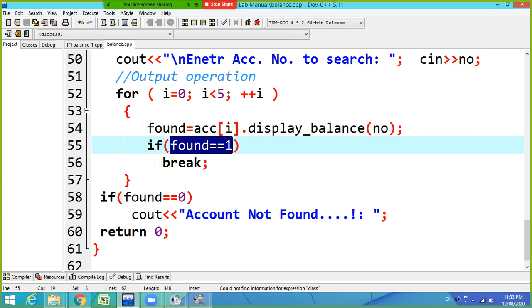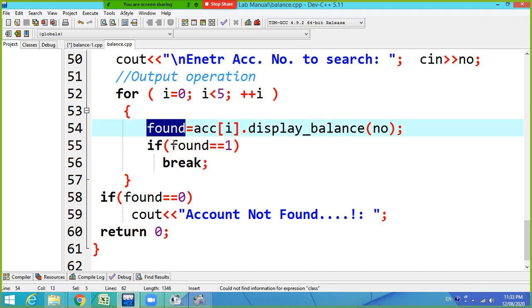For all 5 iterations found will be 0, because I have entered an account number which is not at all available. Every time I will get found as 0, and like this the loop will be completed.